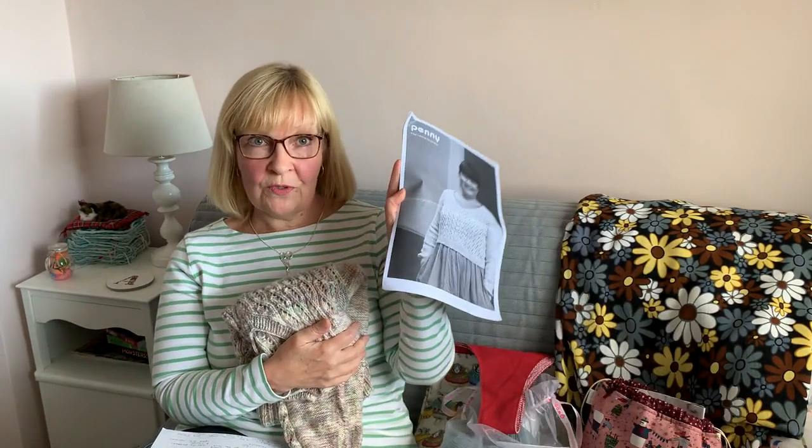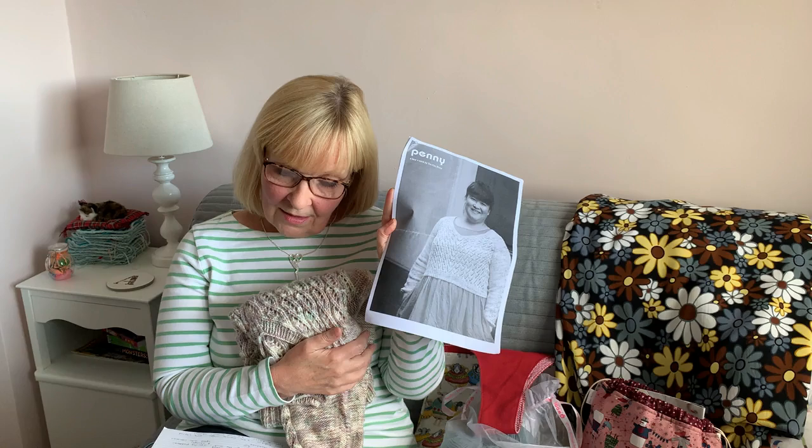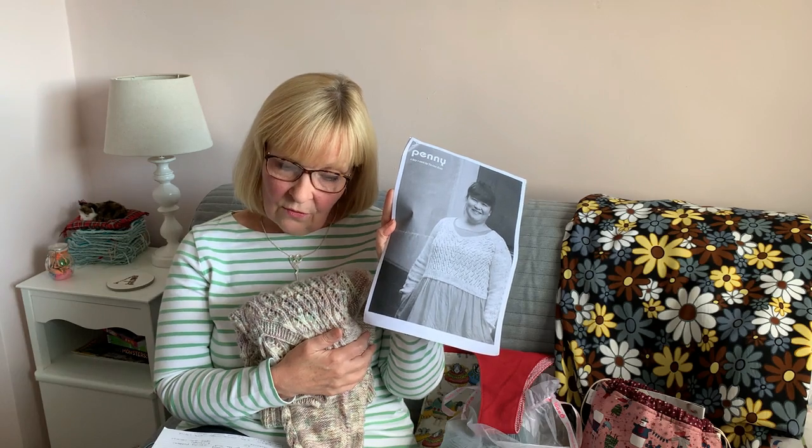I did the cropped version, and I did a size 40 because I wanted a little bit of give in it, and I really liked it. I used 305 grams of the yarn, and I bought 4 skeins, so I have 96 grams left with this